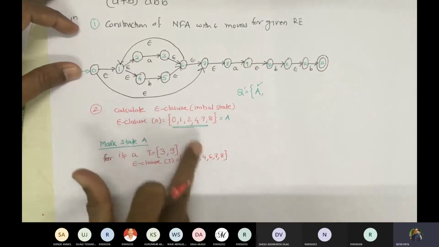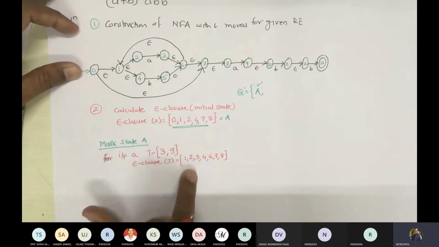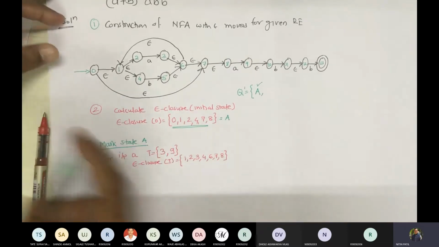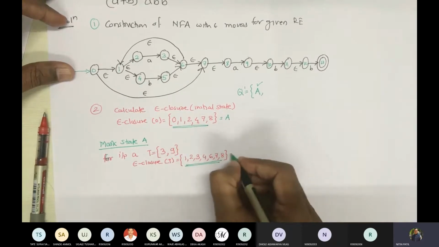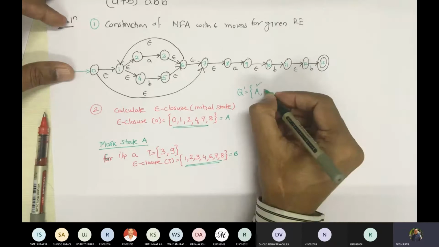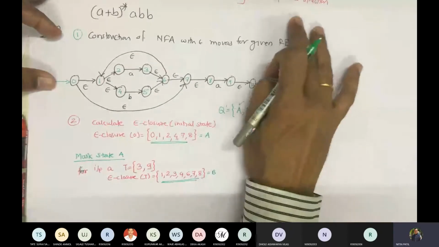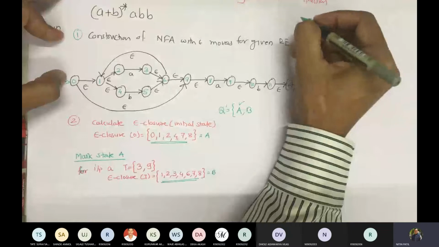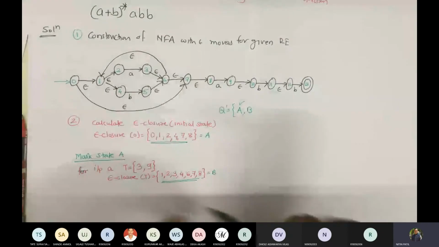Now is this the same as the earlier one? No, correct. This one and this one are not the same. So we will give a name to this, B, and we will add it here in this Q dash. Now I will try to draw that DFA over here so that we can easily map this. So now you got A.